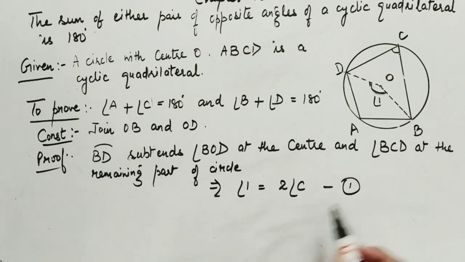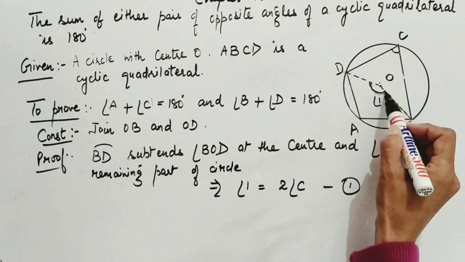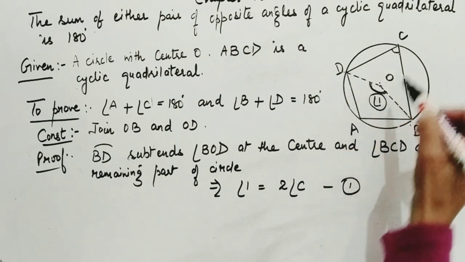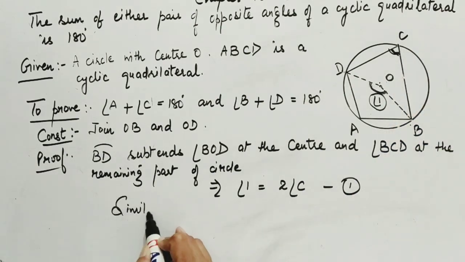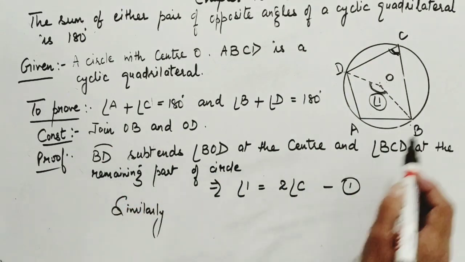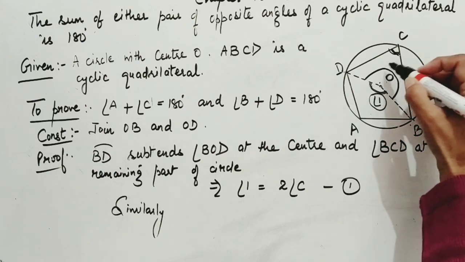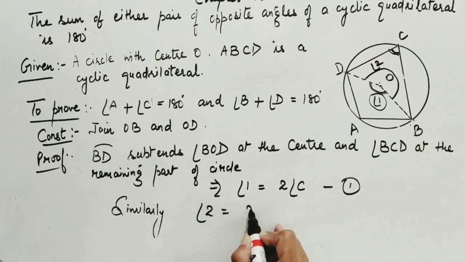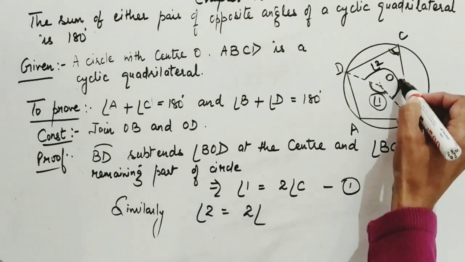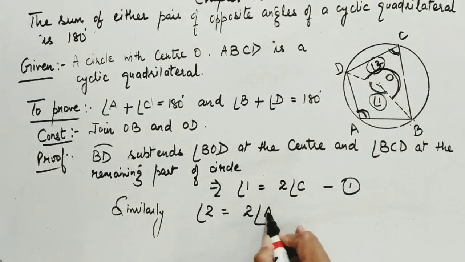Let it be equation 1. Angle 1 is formed by BO and DO, so angle 1 is double of angle C. Similarly, now we are again talking about the same arc BD. BD has subtended, let this be angle 2. Similarly, angle 2 would be double of which angle? Angle 2 is twice of angle A. This is equation 2. If we add both,